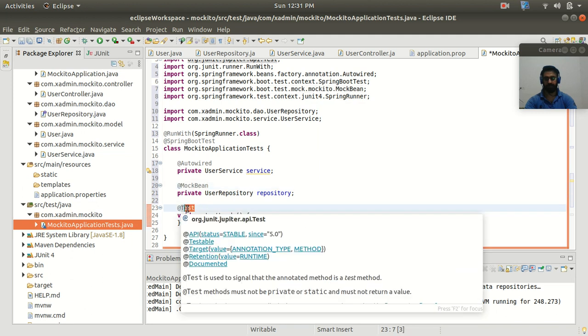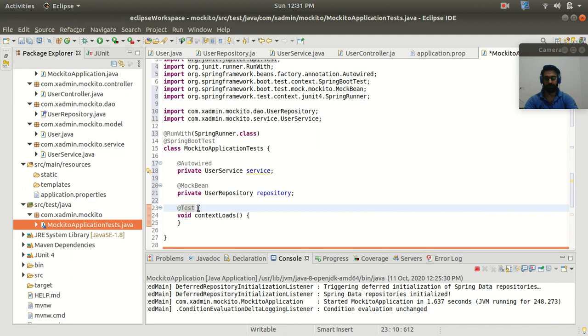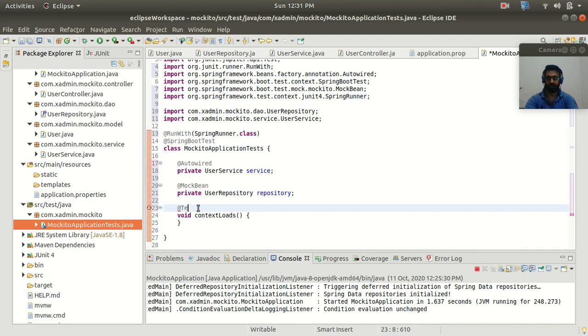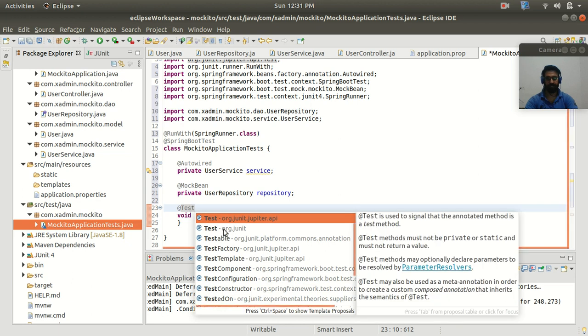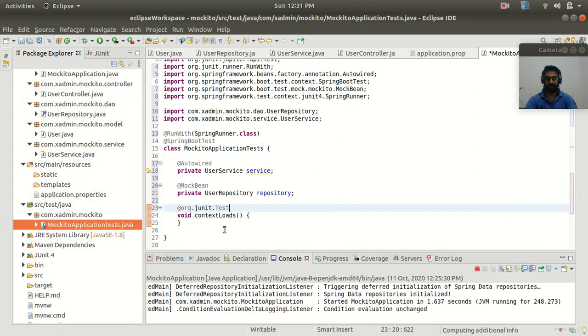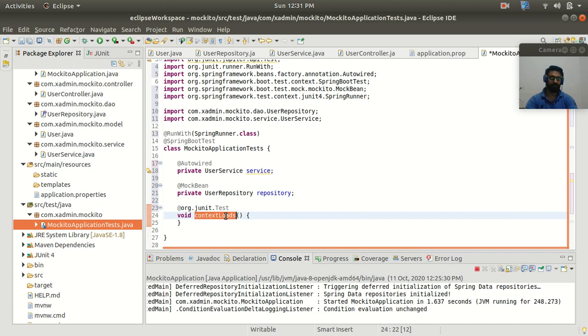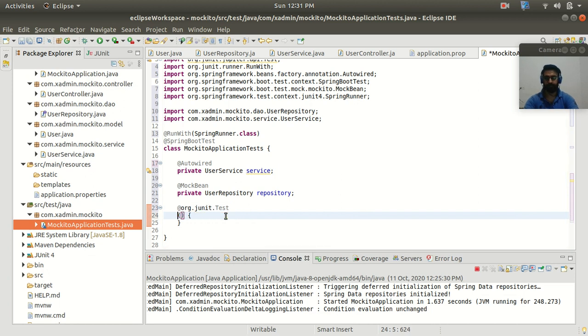The Test annotation is coming from JUpiter, so I have to make this Test come from the JUnit package. And let's change this name: public void get users test method. All right, and inside this I'm going to write my test logic.